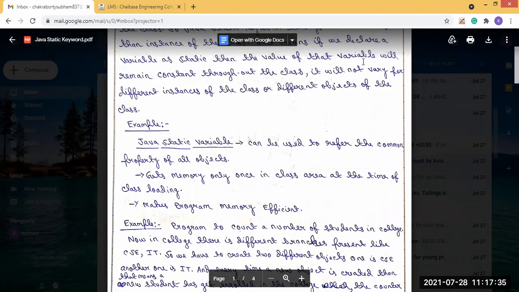Every time a new object is created, a new student gets enrolled. If we create two objects, CSE and IT, and then create another object, EC, then every time a new object is created, new students get enrolled in the college in that branch.